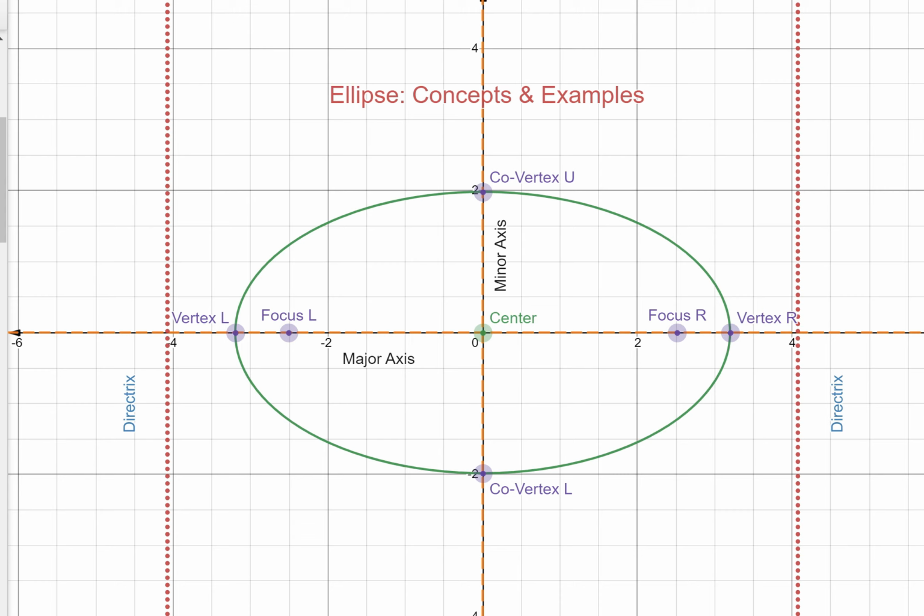Let us have a visual on the ellipse. The X shape in green color is called an ellipse. It has two axes. One is horizontal and the other one is vertical. Since the horizontal is longer, we call it a major axis in this case, and the other one is called